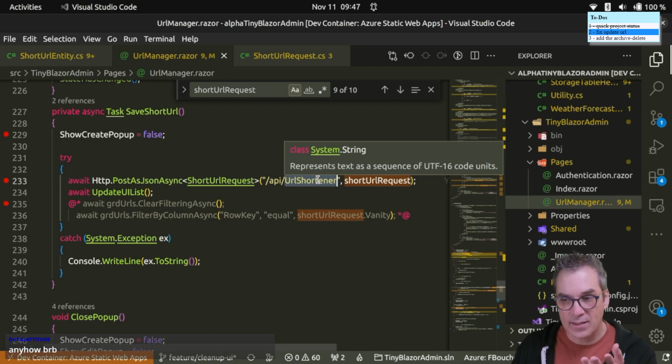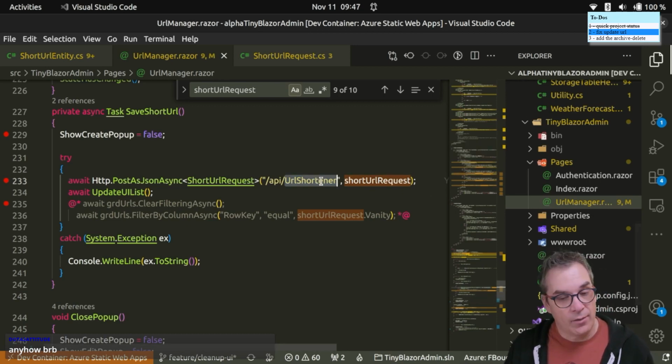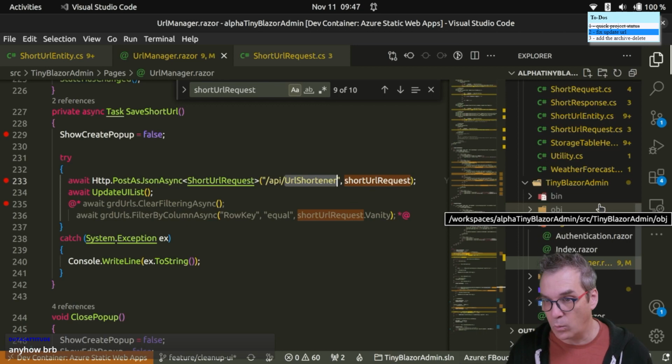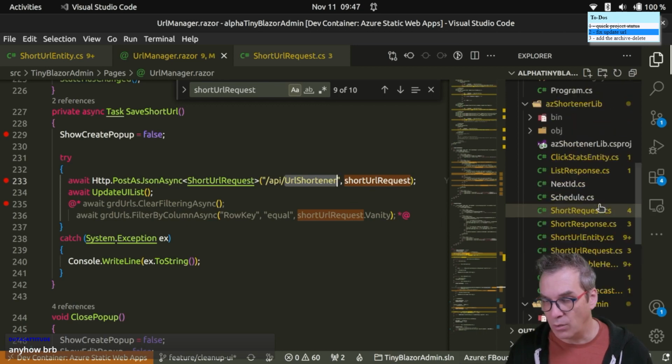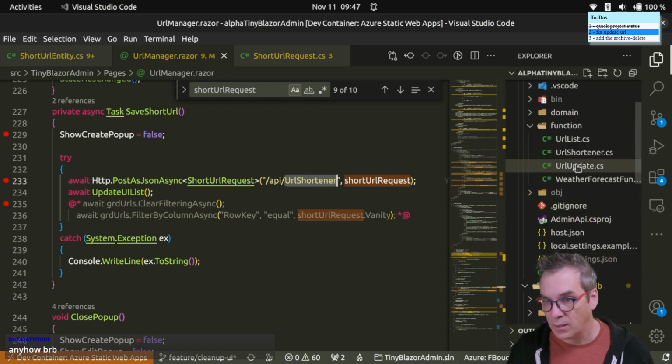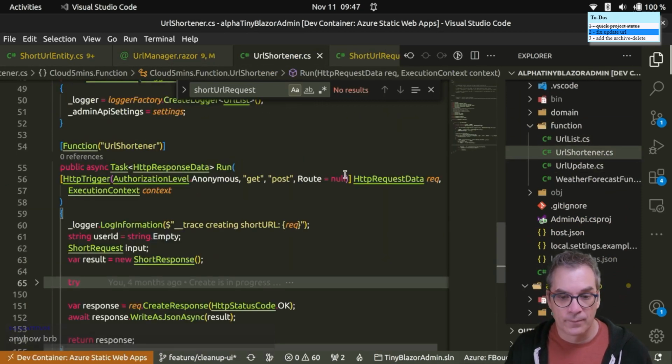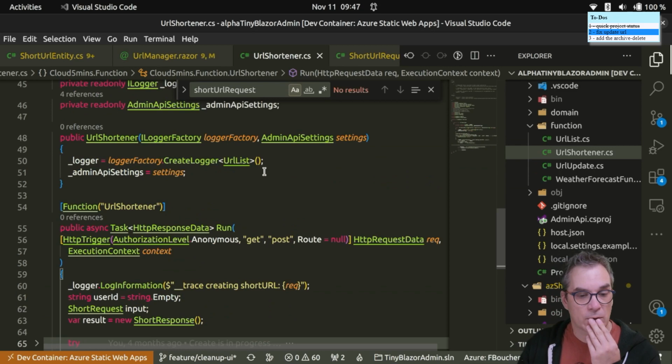Why do I pass an array? Maybe I don't know why. Why did I do that? One is a list and one is an array. Now I'm confused about which one should be what. So let's go in the function. In the URL shortener,